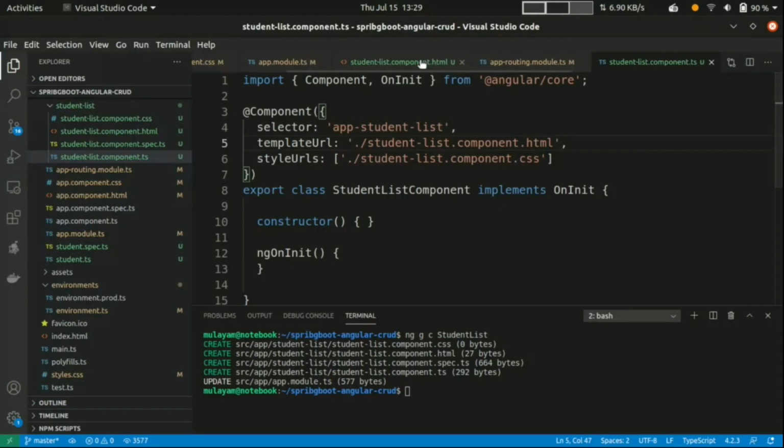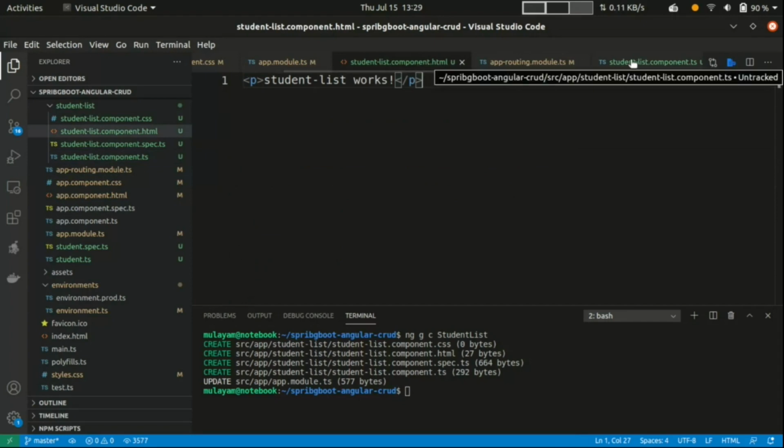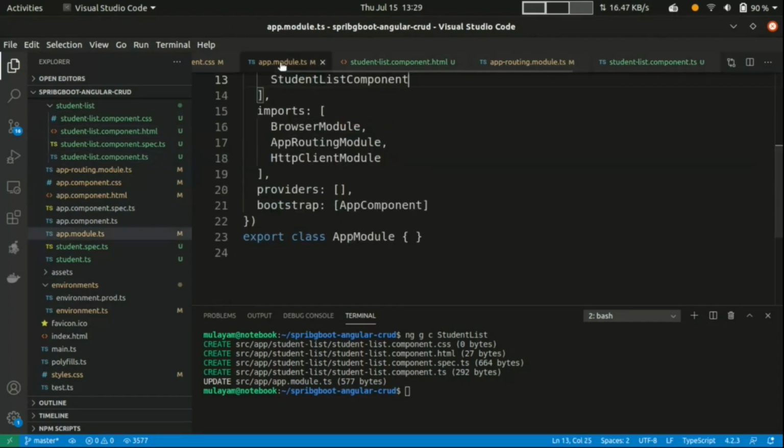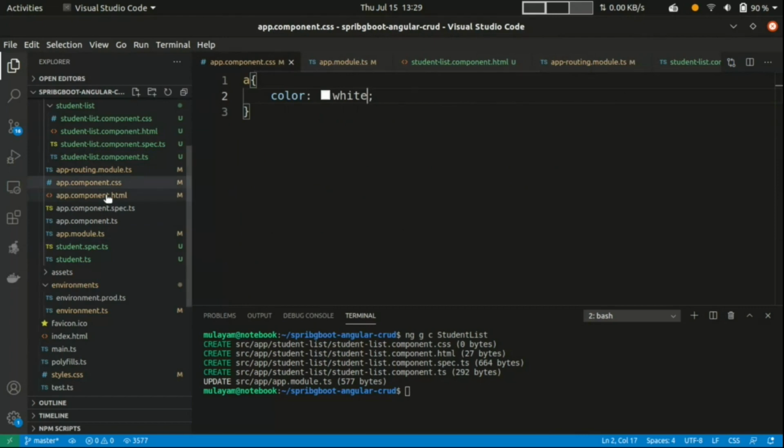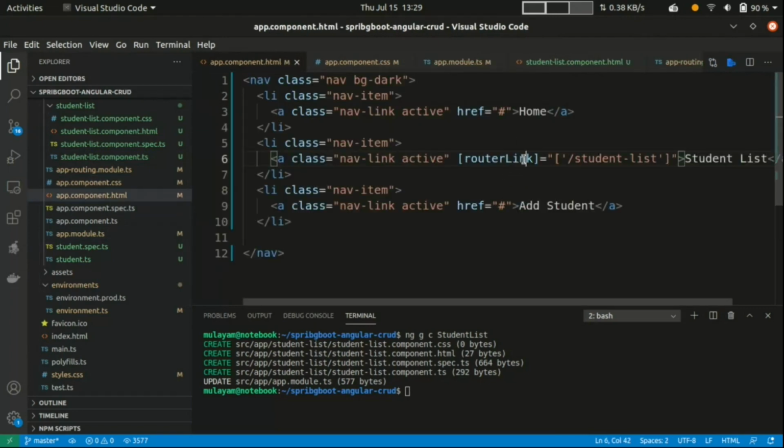So what will happen when I'm clicking on this, where is that? Let's open. When I'm clicking on any router link, I want to load the component, then I have to specify where I want to load that component.